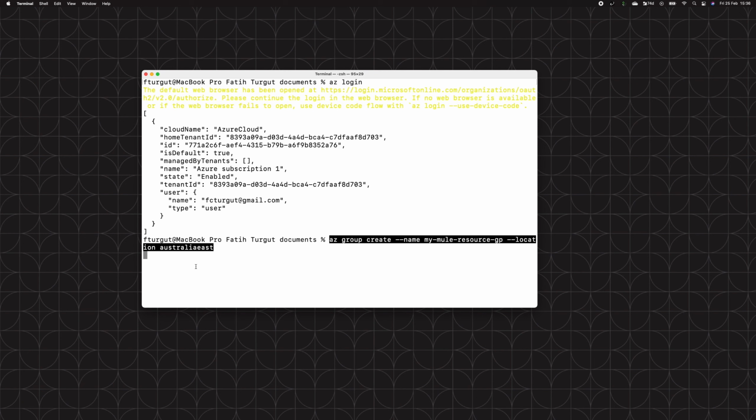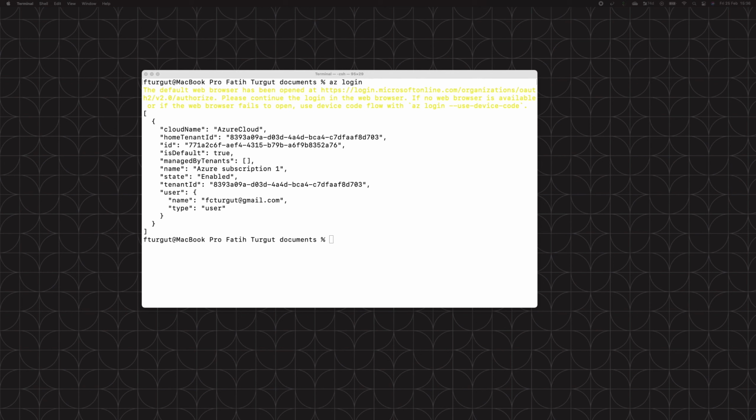Yes, you can use the script. I'm just sharing it in here. You can set the location in here, give a name of course, and then just execute this command. After that, your resource group will be created. Take the name from there, and the next thing is that we're going to create the actual